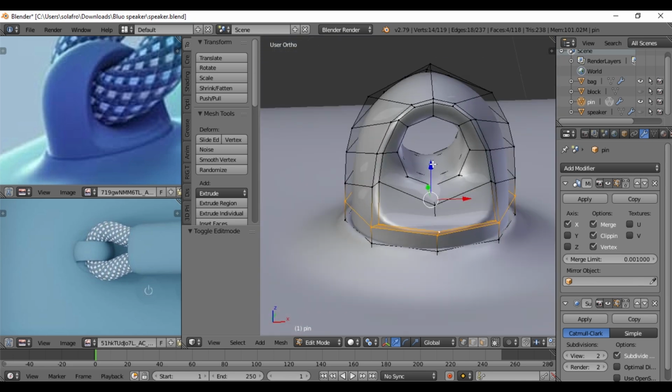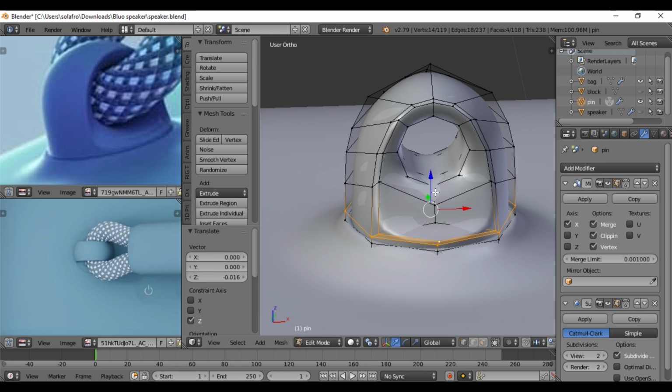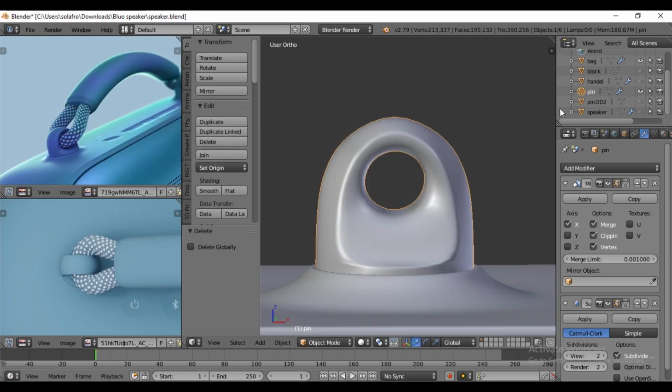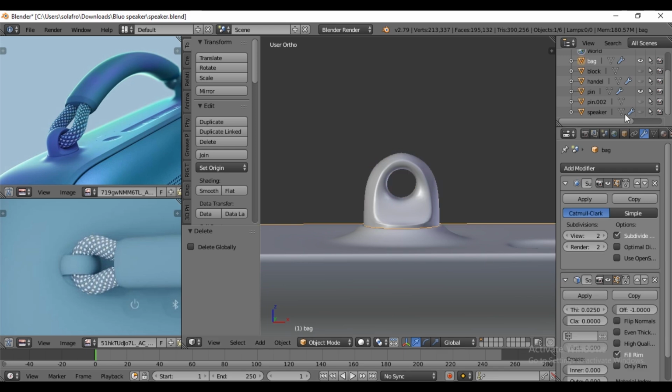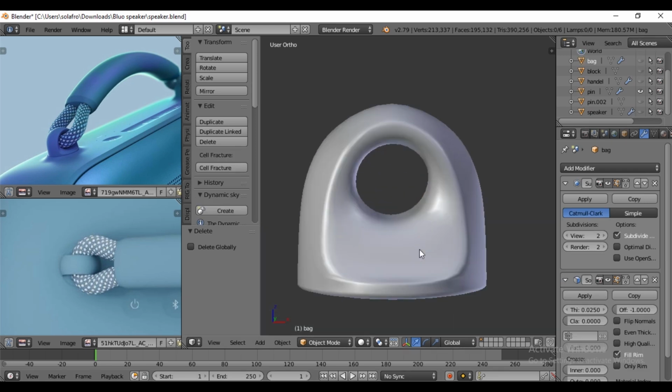Then drag down in the Z-axis to make it tiny. Let's hide the bag for now.